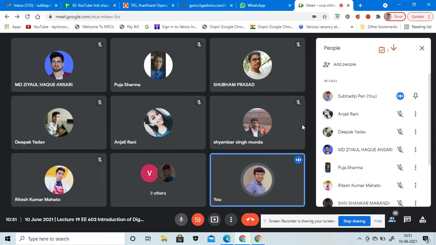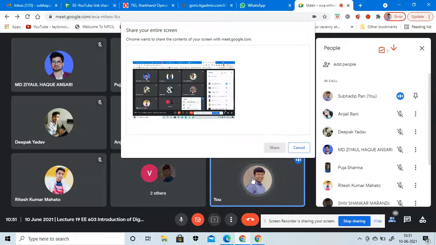So what we will discuss today are the two different modes of operation of a sample and hold circuit. The two different modes are the tracking mode and the hold mode. These two modes are available in the sample and hold circuit. I already told you the basic block diagram or schematic diagram of a sample and hold circuit, and the function of the circuit. Now we will directly go to the share section so that you will be able to see.